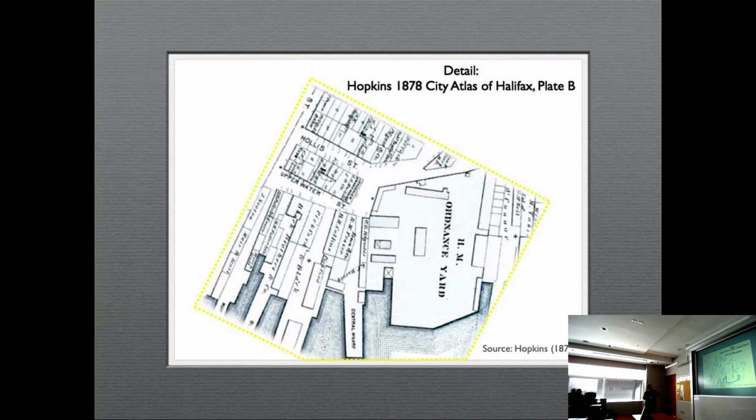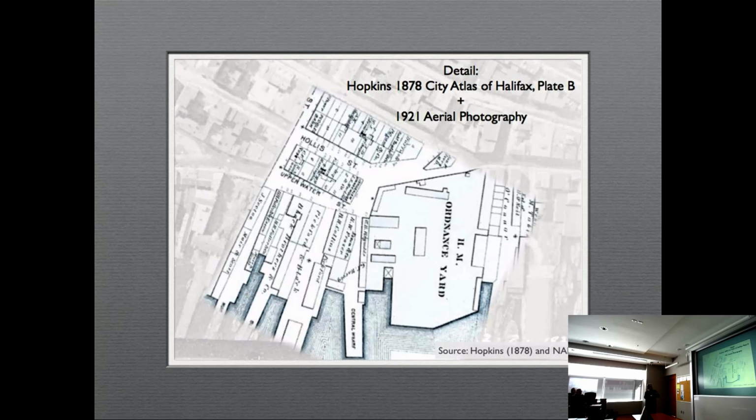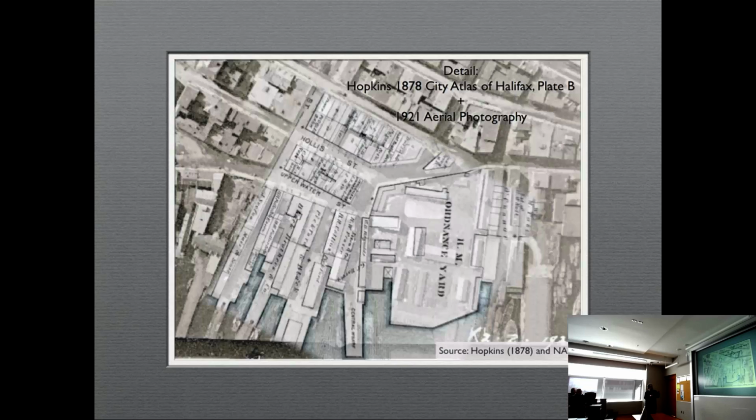And I've overlaid digitally the aerial photography and the map, and you can see that there is a very, very good match between the map and these still existing buildings, with the exception of a couple here where I'm not quite sure whether the buildings were destroyed and erected again. But there was certainly a difference there where the surveyor either may have made a slight mistake or where change can be detected.